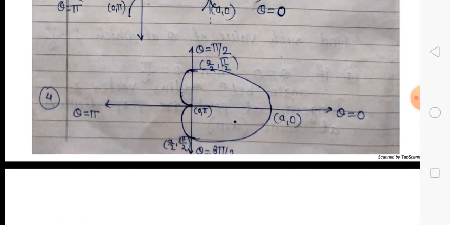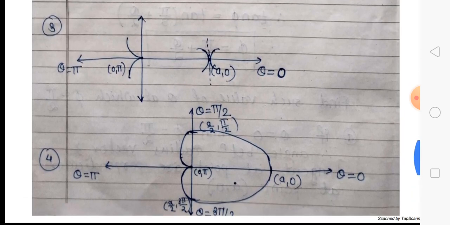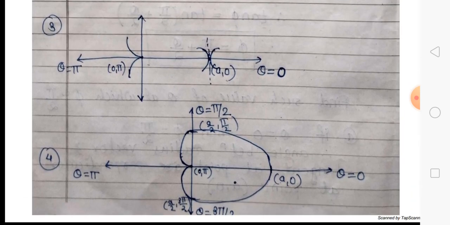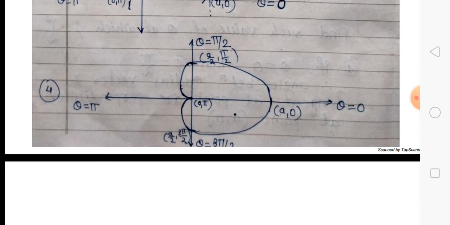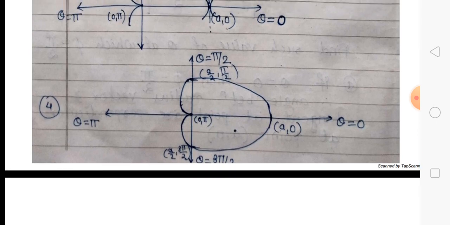Now here the values of r lie between 0 to a on the theta equal to 0 line. Therefore, we draw the smooth curve in between only r equal to 0 to a. Draw the smooth curve by using the tangent at the pole, the tangent at the point, and the points of intersection. We get a heart-like shape. This is called the cardioid.